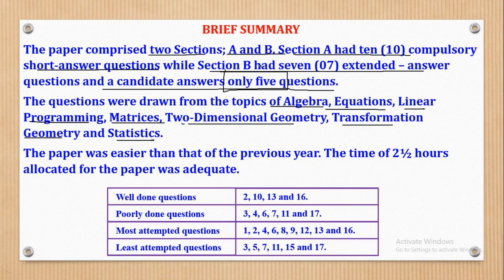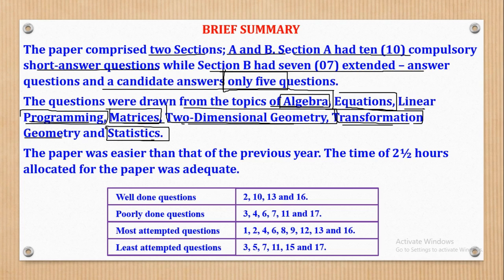in this paper 1, these are the topics for O-level math paper 1. 1 is algebra, 2 is equations, 3 is linear programming, 4 is matrices, 5 is 2-dimensional geometry, 6 is transformation geometry, and 7 is statistics. So there are 7 topics in paper 1 and also 7 topics in paper 2. As you are sitting for a certain paper, you must know the kind of topics to